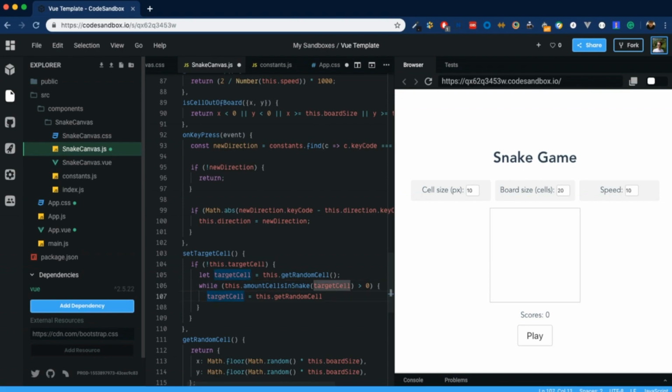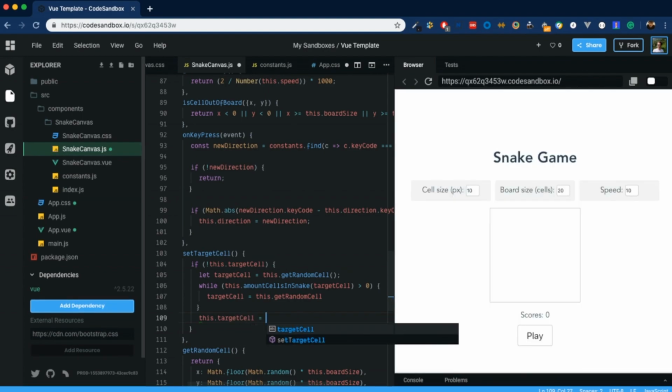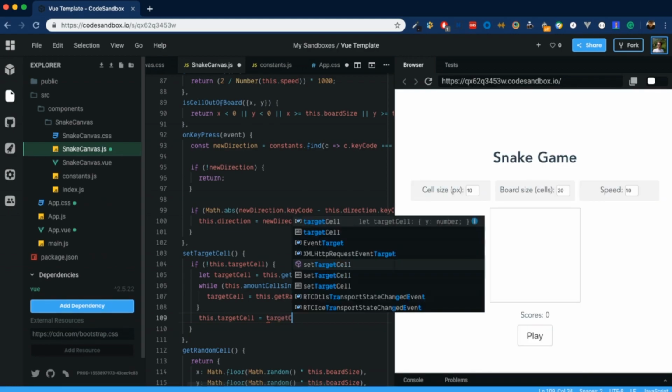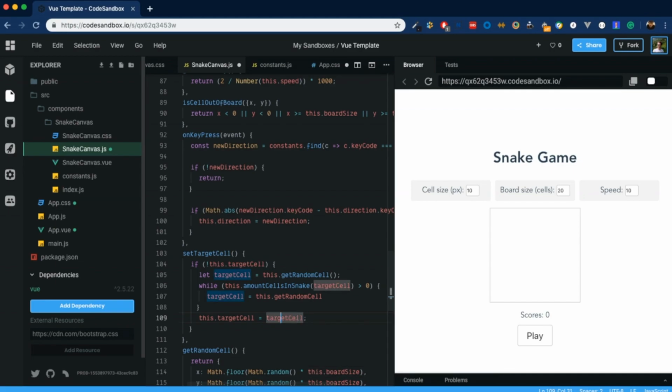Maybe it looks like it can be improved a bit, but let's keep it like this for now. I think this construction needs to be slightly improved. Alright, but let's continue for now. So target cell is equal to target cell. Basically we store it inside the component as a component property. And then,